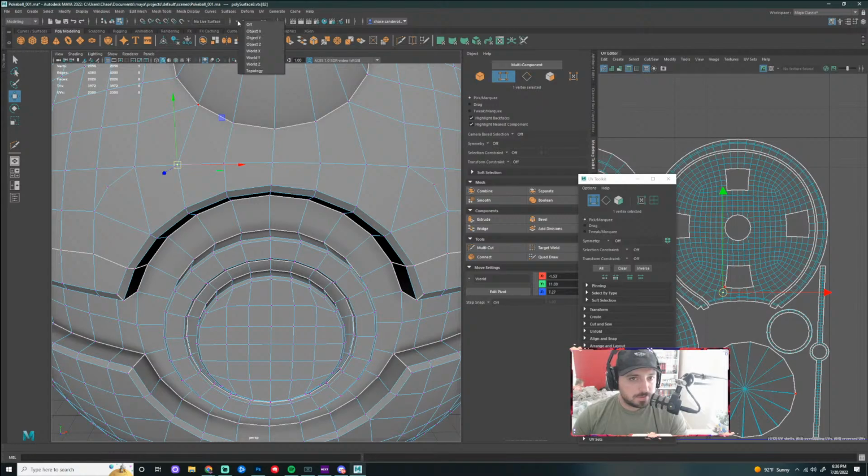I just want to see something. If I can make this work, it would be cool. But I don't want to mess up the geometry too badly here.